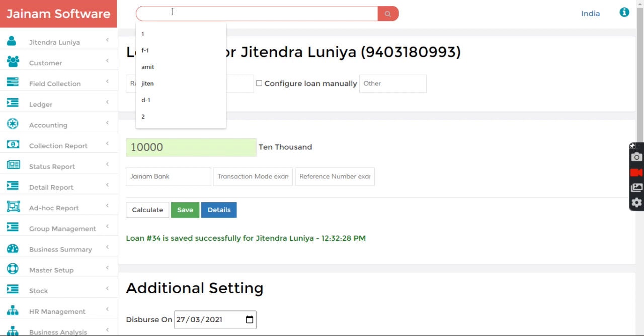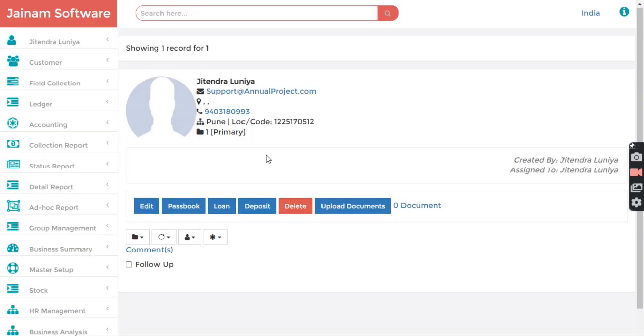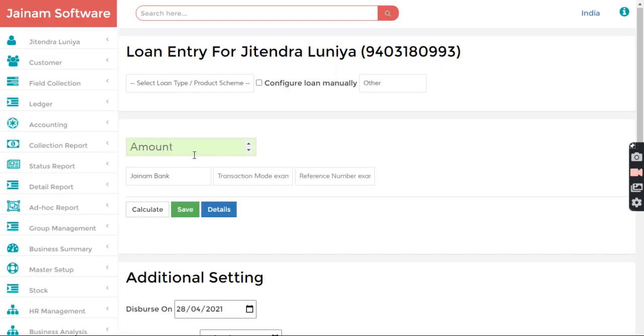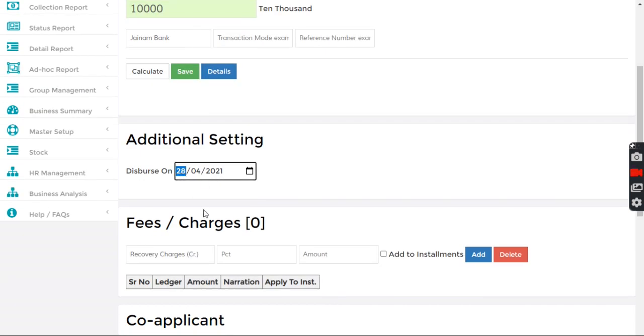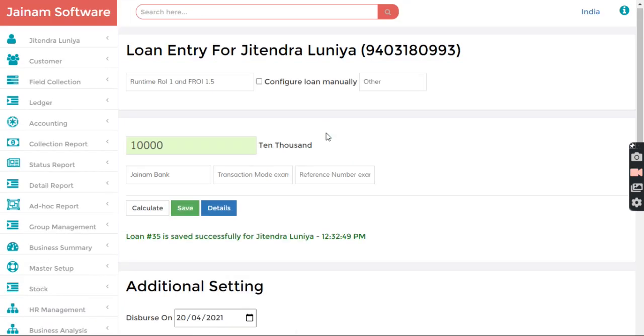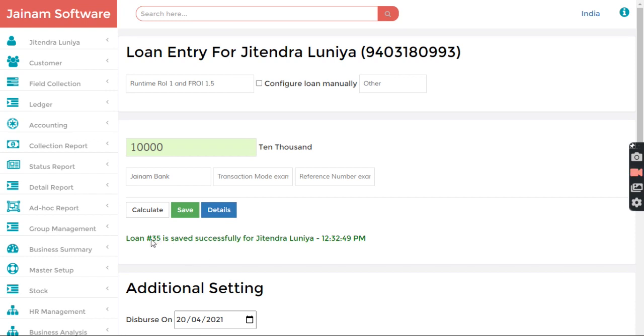For the third scenario, same amount, it is just 20th, not even 1 month actually. So let's try to understand. I created loan numbers 33, 34 and 35.